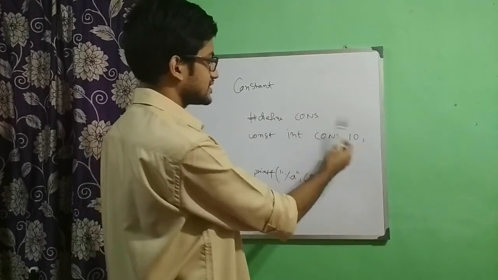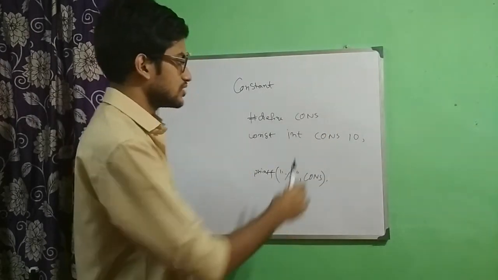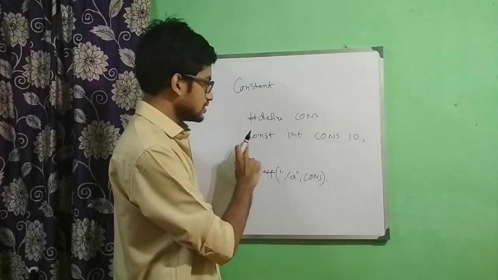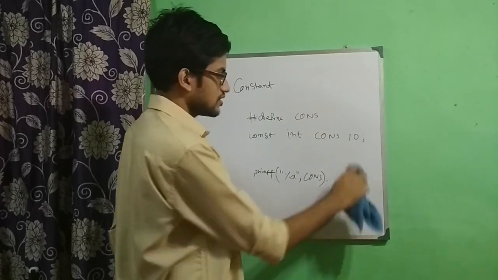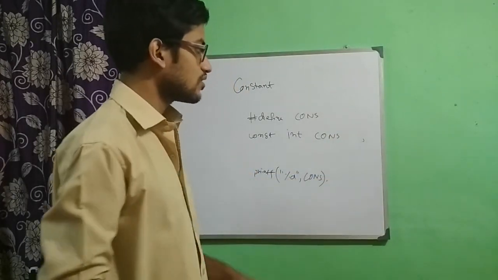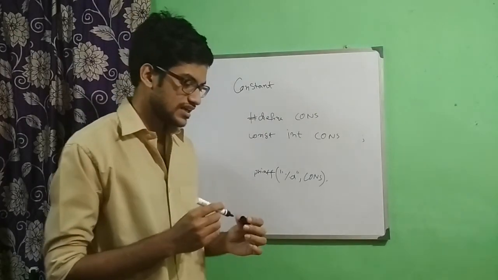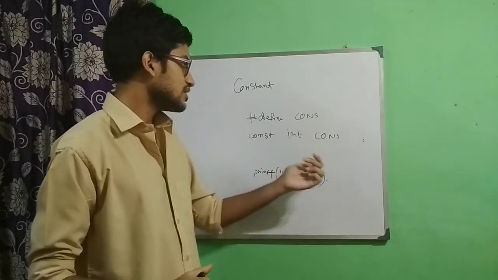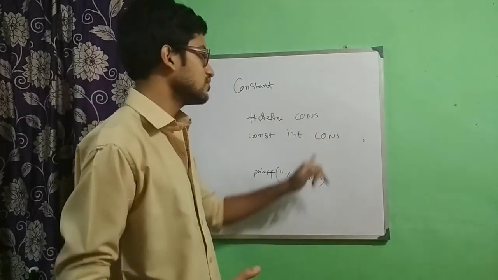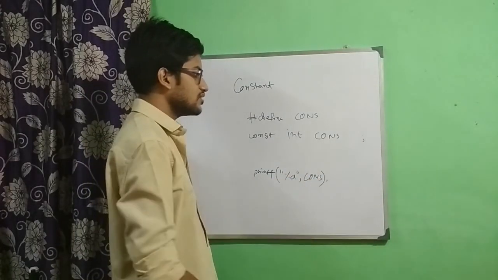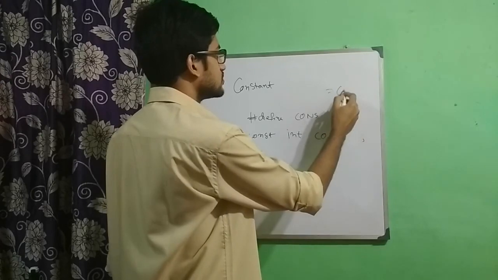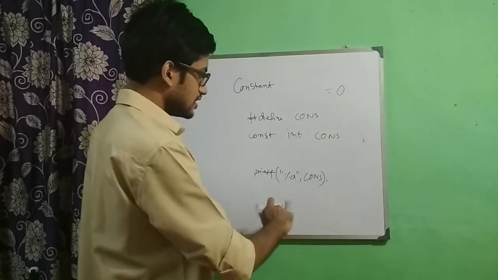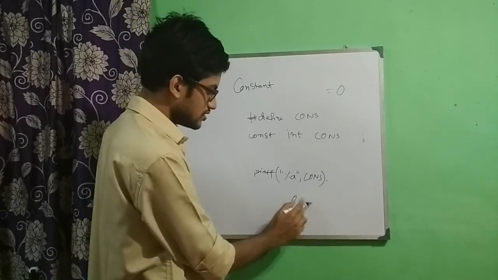You can see that I have not assigned any value to the constant. So in this case, this will raise an error. And also in this case, if I omit this part and do not assign any value to const, it will not raise any error. But one thing will happen: when you are not assigning any value to the constant, behind the scenes the compiler will assign 0 to it. So if you are fetching the value from this constant, it will give you 0. Output will be 0.